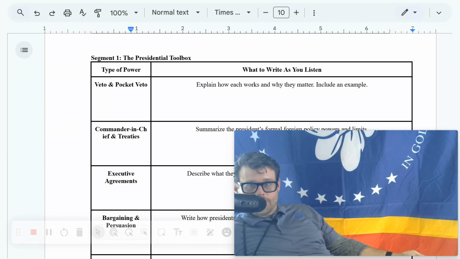So it doesn't happen often, overturning a presidential veto, but when it does, it's like your squad ignoring the group leader. An example of this, guys, Congress overrode President Nixon, right? Nixon, the president during Vietnam. They overturned President Nixon's veto of the War Powers Resolution in 1973. And boom, that was a checkmate move there.